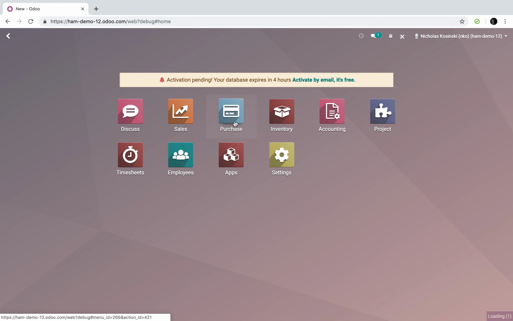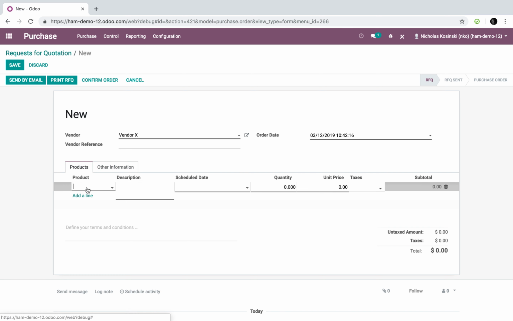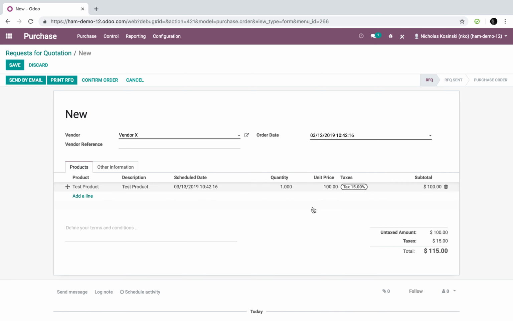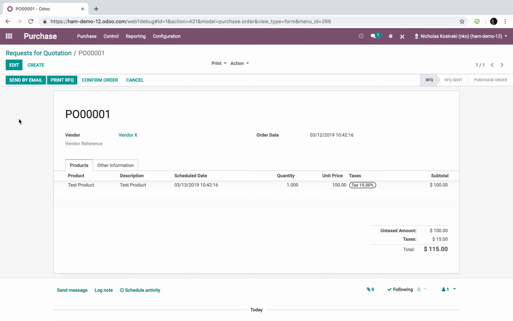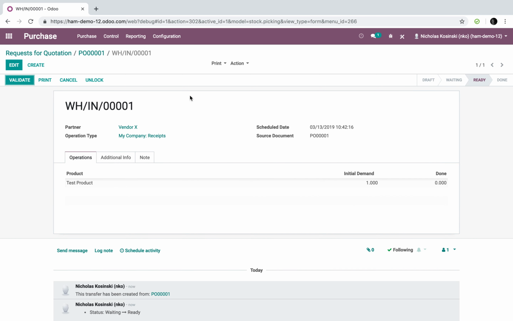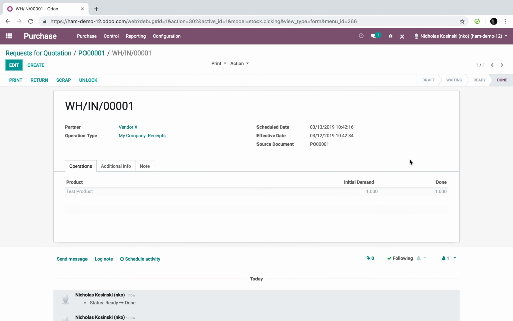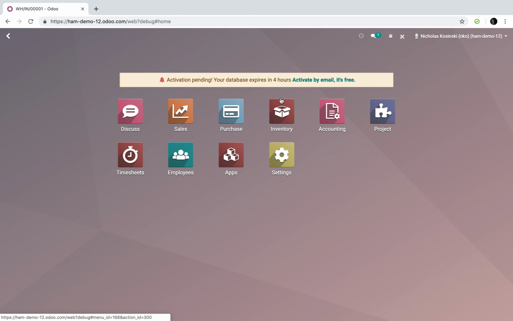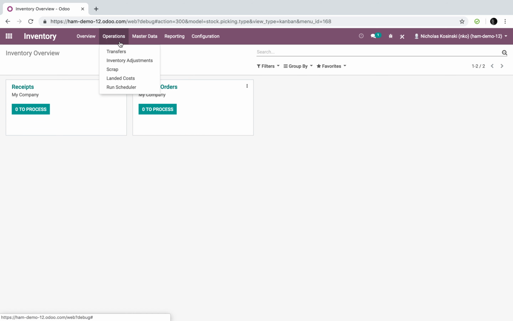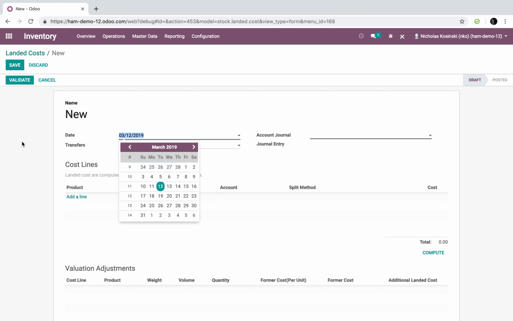So let's purchase something. We'll purchase this test product. We'll say we want to buy 1 unit at $100 to keep it simple. We'll confirm the purchase order, and then we'll go ahead and receive these products into our stock. And once they're in stock, then we can go to Inventory, Operations, Landed Cost, create a new landed cost, specify